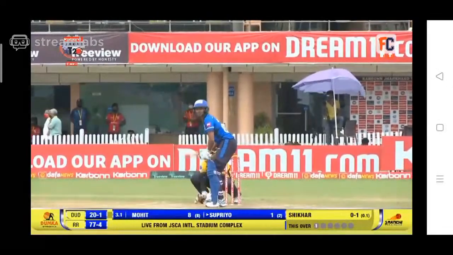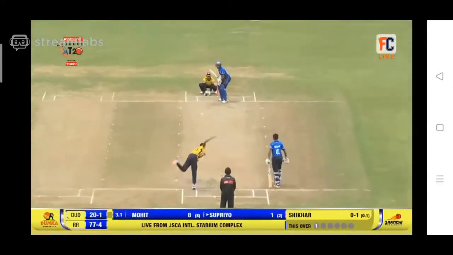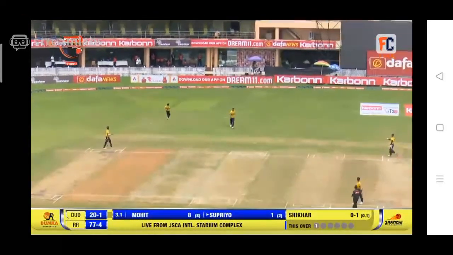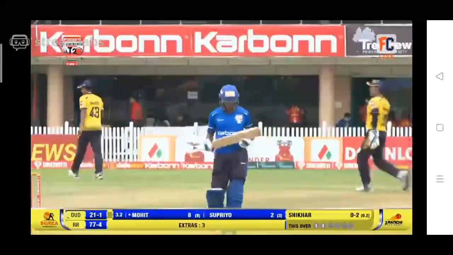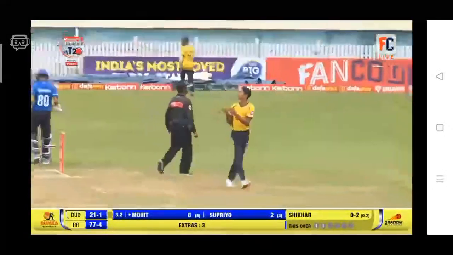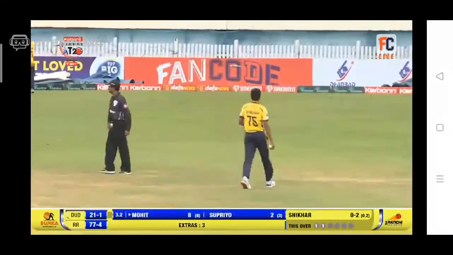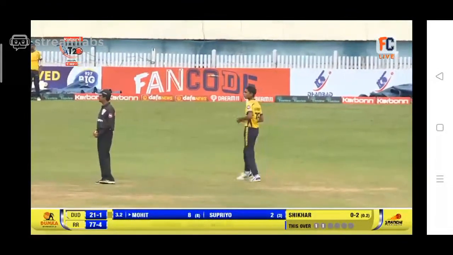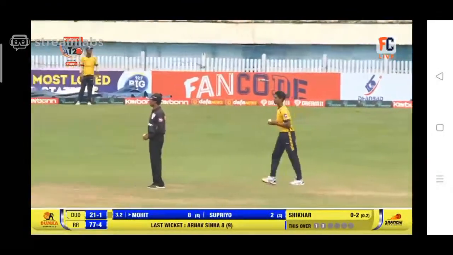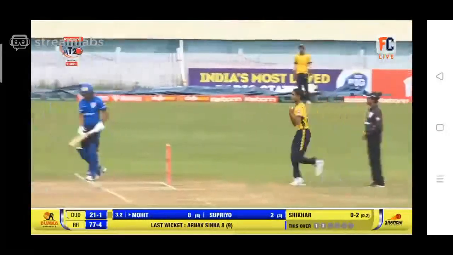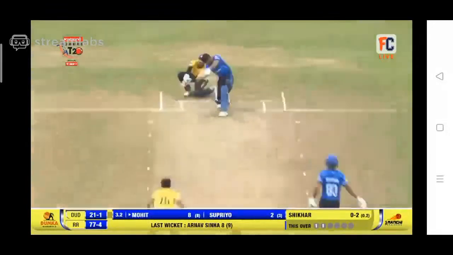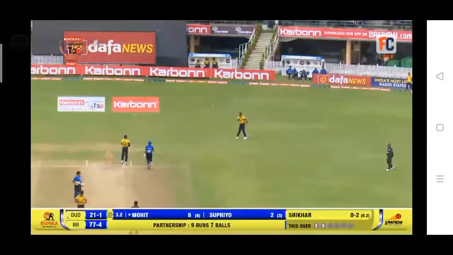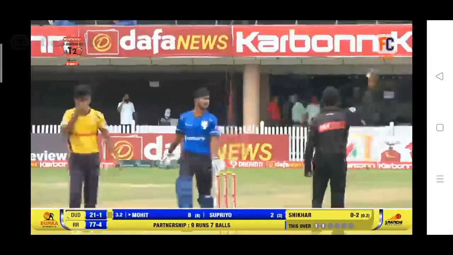I think the bowlers from Ranchi Raiders are doing a good job so far. They haven't given much room to the batsmen to play shots, and they're putting good pressure on the Dumka Daredevils batsmen. They are bowling to one side of the wicket, just outside the off stump, so the batsman is forced to play it on the offside, and if at all they try to play it on the onside, they have to take the risk of the inner edge. The ball finds leg, 1 run.